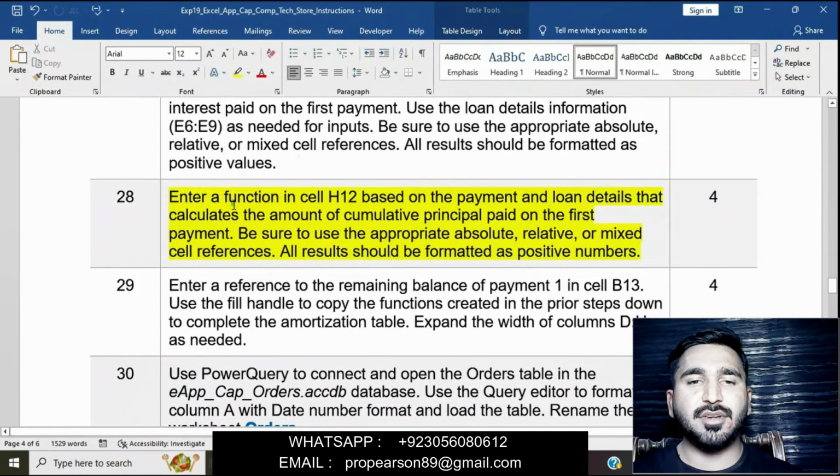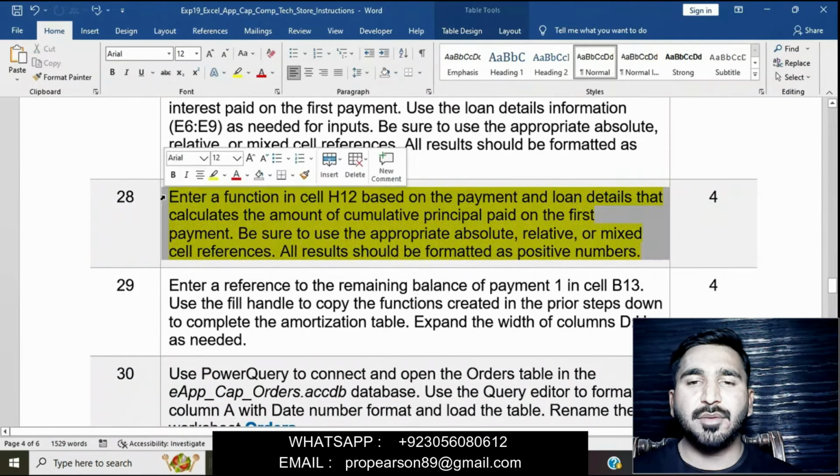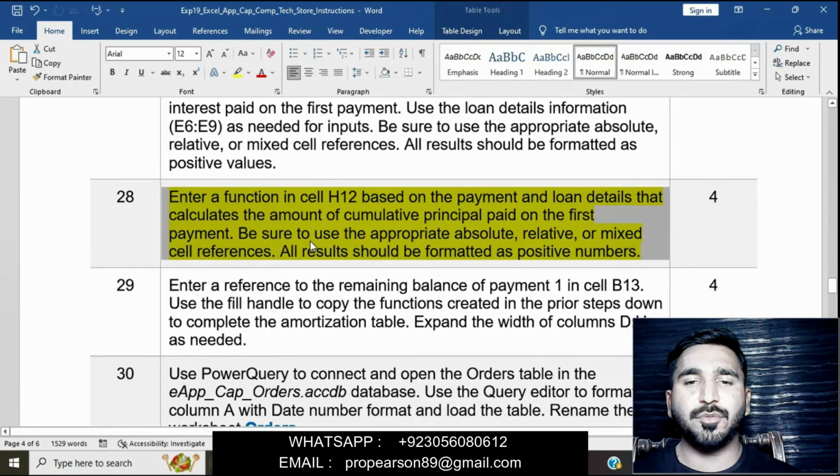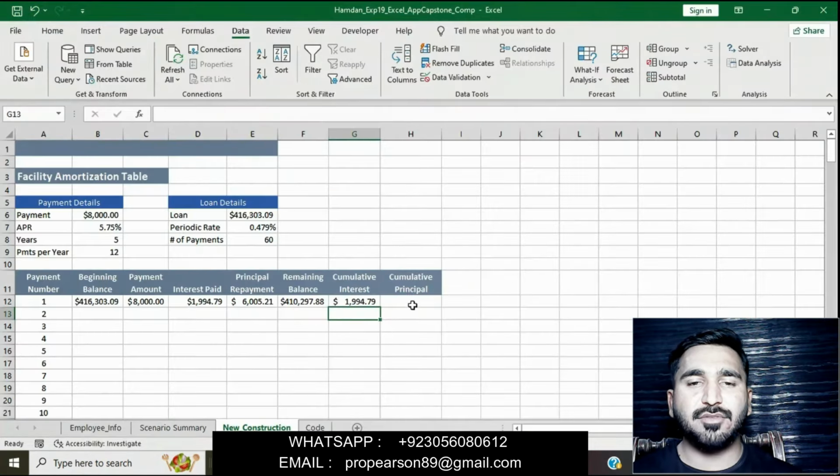Question number 28: enter a function in cell I12 based on the payment and loan details that calculates the cumulative principal paid on the first payment. Be sure to use the appropriate absolute, relative, or mixed cell references. All results should be formatted as positive numbers. Basically, in this question we will enter a function in cell I12. Click on cell I12, press equal, and enter minus